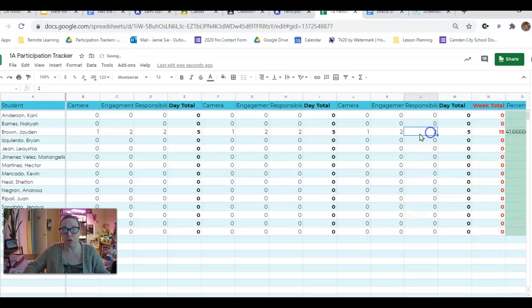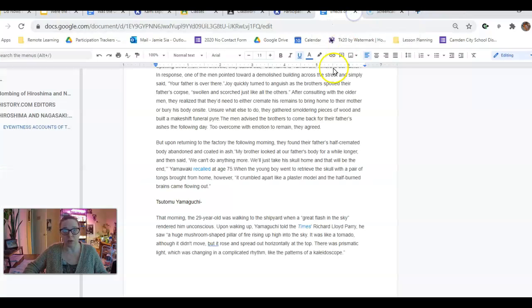So I hope this shows you, you can see your percentage. That's what I'll put in Genesis. You'll get a 41% for classwork that day. So this is how you get your participation grade. And this is a big part of class. This is a big part of your grade for the class. So you can find that